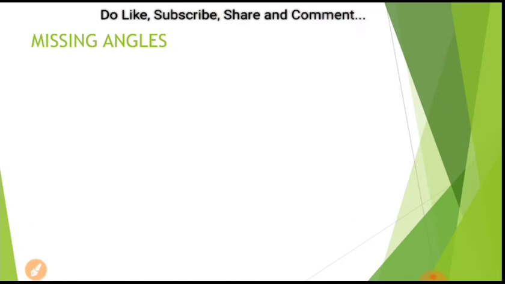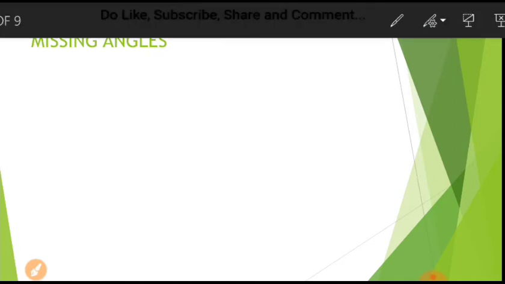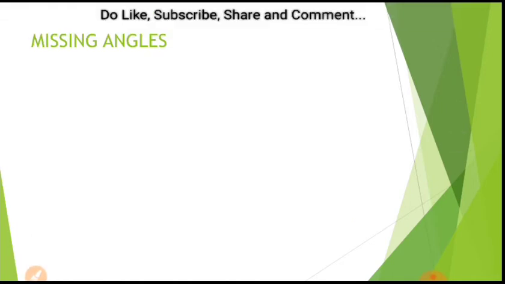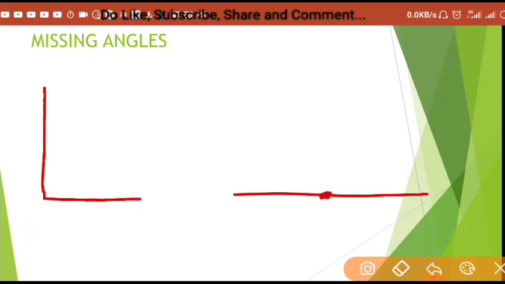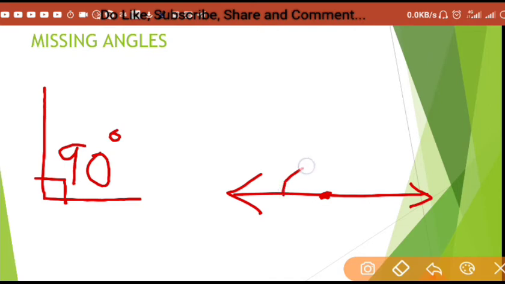Let's see next. We have to start with missing angles here. You will not get that topic in your book, but this is very important for this chapter. For missing angles, you have to remember two things, for a right angle and for a straight angle. Every time we write the angle measure after the shape of the angle: 90 degrees like this, and here we write